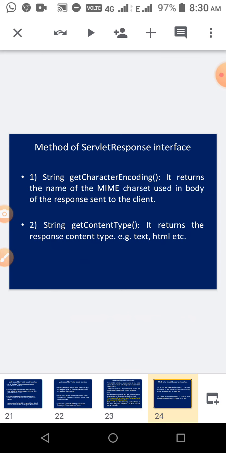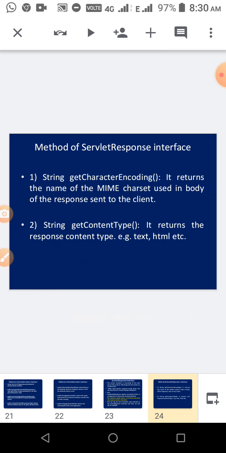So what are the methods in the response object? The response tells us which encoding we are using, everything. We come to know by using these methods. First one is getCharacterEncoding. What is the use of it? It returns the name of the character set used in the body of the response which is sent to the client.